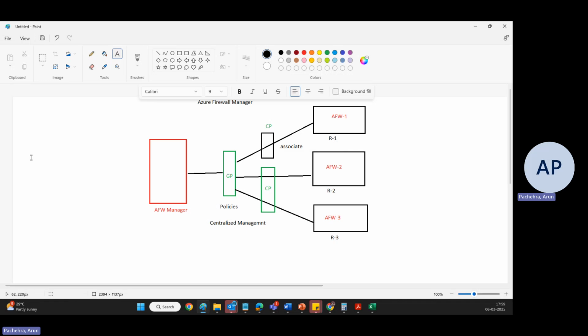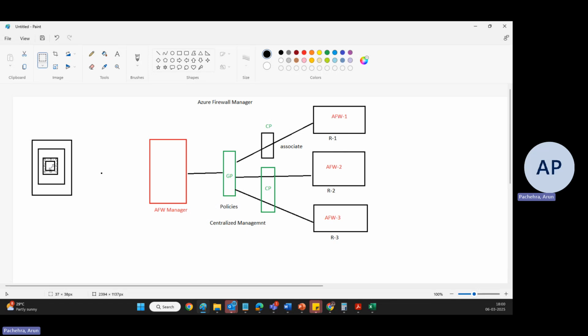All right. Earlier, what happened? We have a virtual network. We deploy a subnet and we deploy a firewall. And inside the firewall, we deploy rules. Now, what we did, we just picked these rules out of the firewall. We just made it like a distributed system, we can say something like that. We just disintegrated the rules out of the system and use them as a separate entity which can be applied to different firewalls. So this is what is happening, but this is not only limited to the